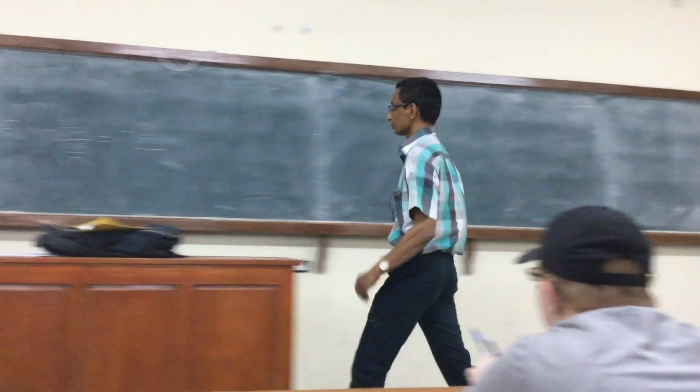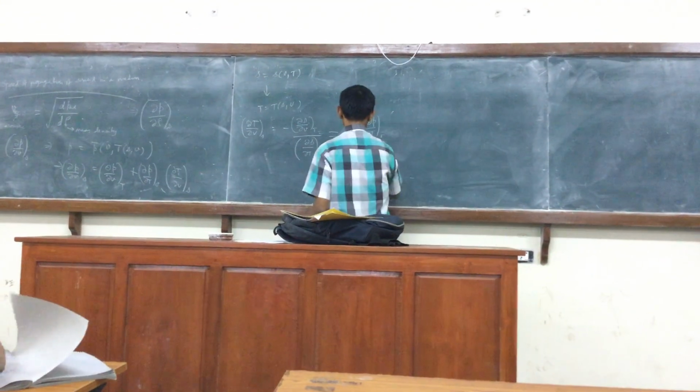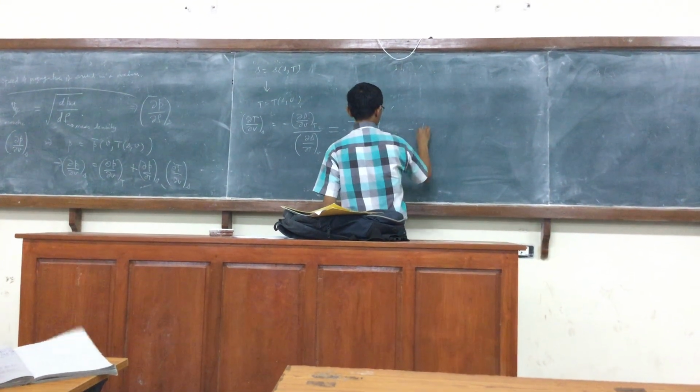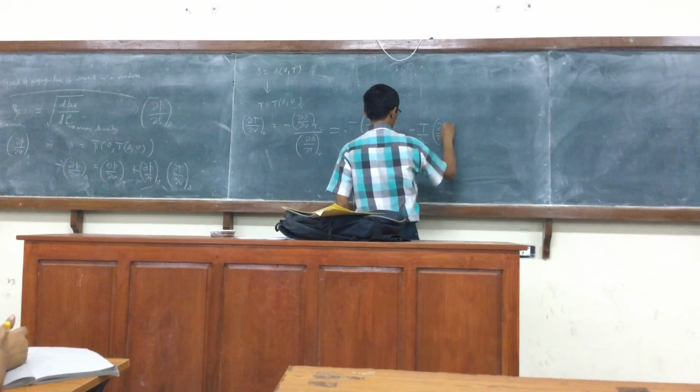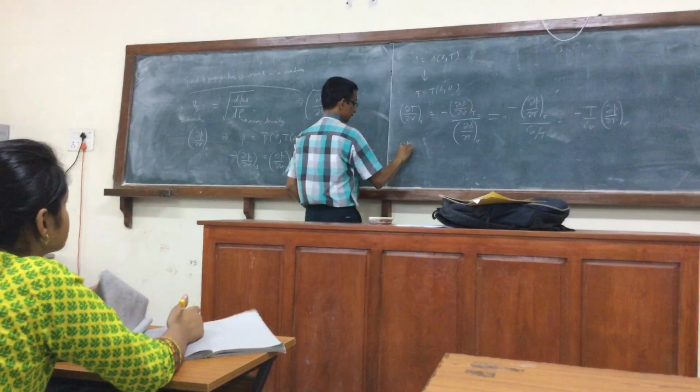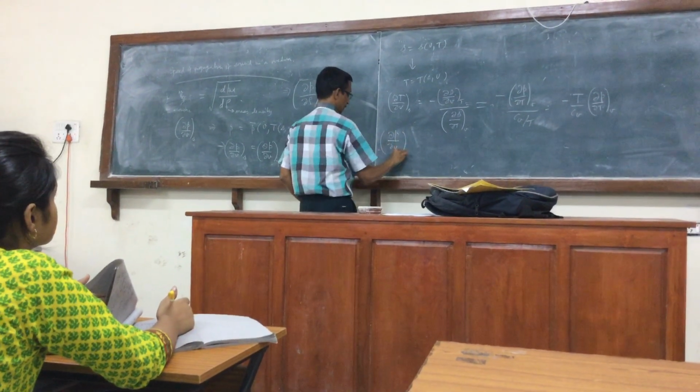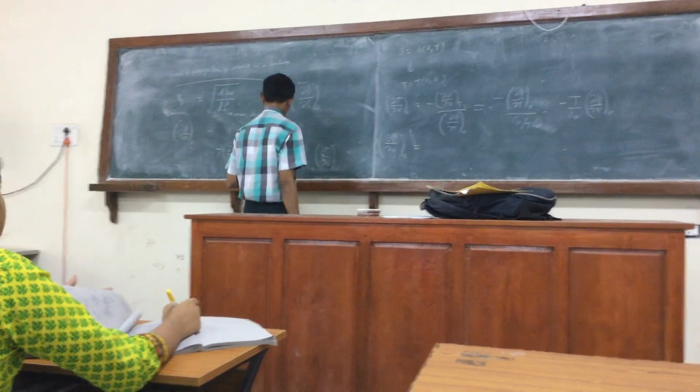It is Cv by T, so this will be minus T by Cv, and so I get dP by dV at S is equal to